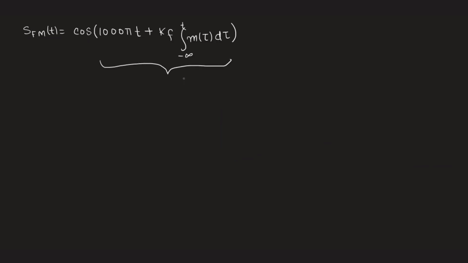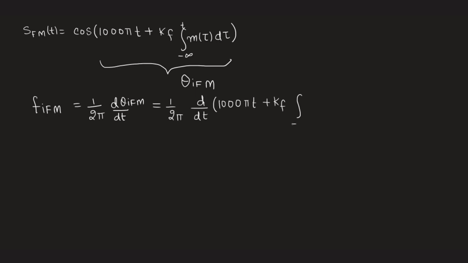Let's denote it as θi FM, and we can utilize this to calculate its instantaneous frequency fi FM. Differentiating this equation with respect to t, we get